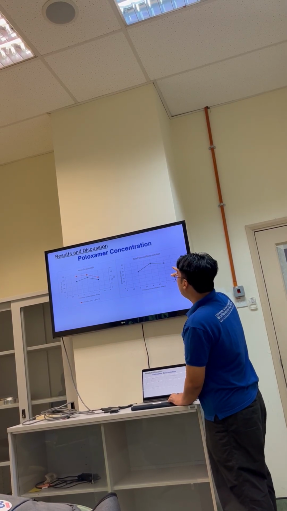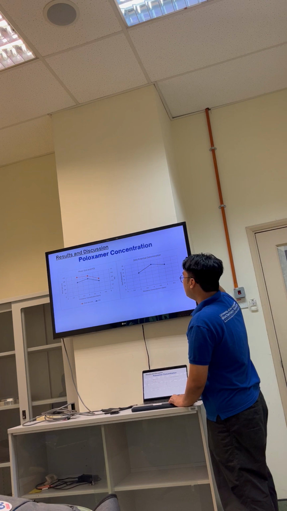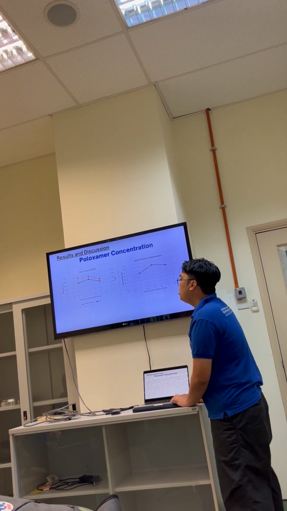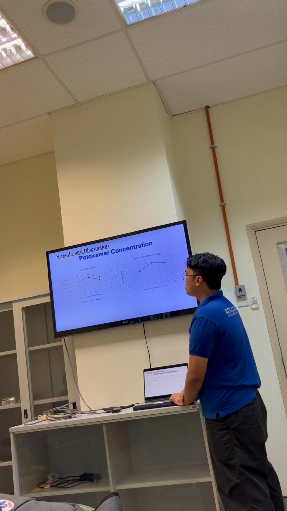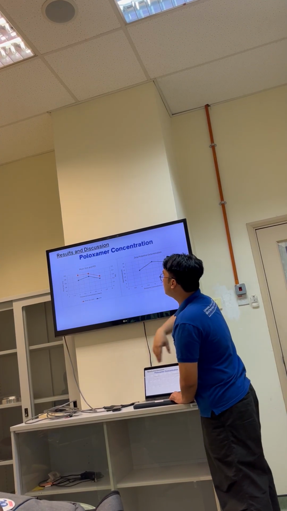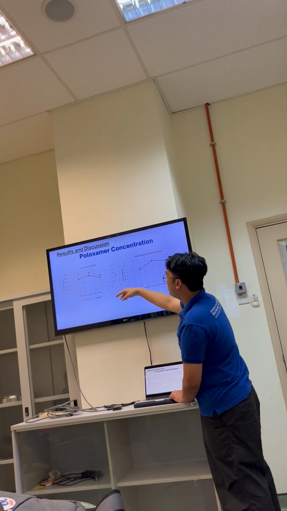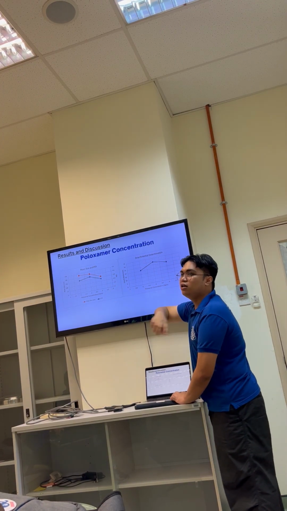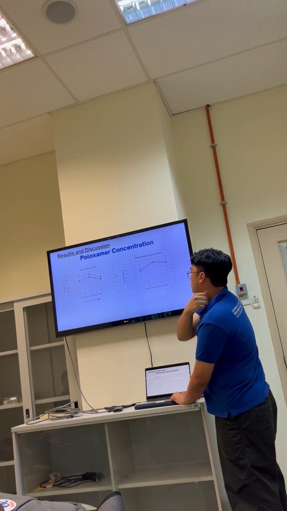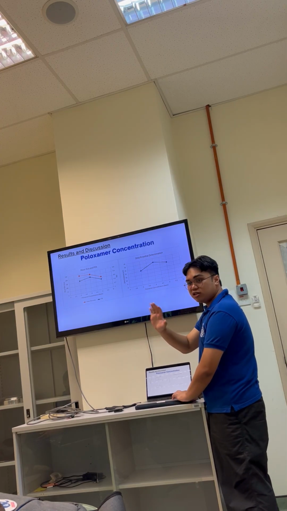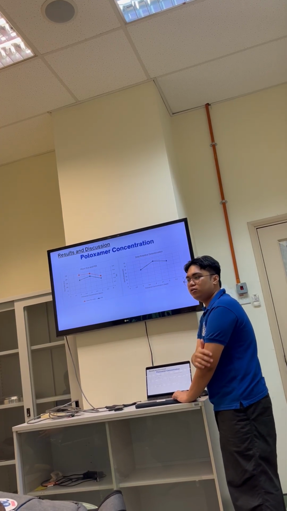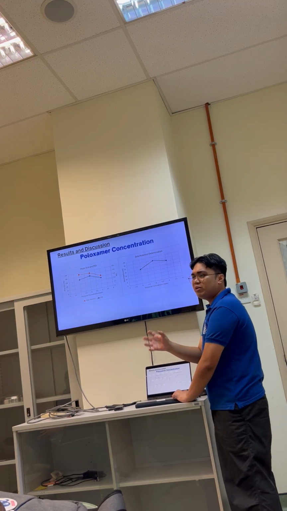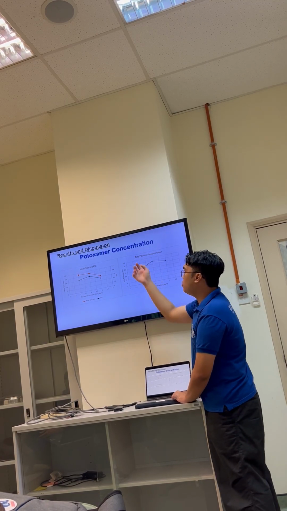And the zeta potential, we would like to keep it greater than 20 or 30, so we can get a stable colloid suspension. Anyway, so we can see here that decreasing the Poloxamer concentration would undermine the good quality of the NLC solution. So this is likely because of insufficient coverage of the NLC colloid. So of course we need enough coverage of the stabilizing surfactant, which is our Poloxamer.